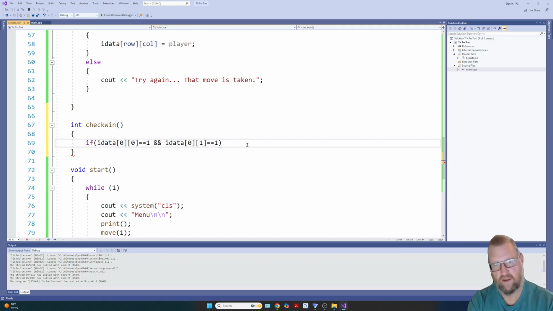So that means this player has played in this location. We're going to do another and, because we're doing the ands across rows. So we keep the same row, 0, and then the third column, which we used 2. And if that's equal to 1,